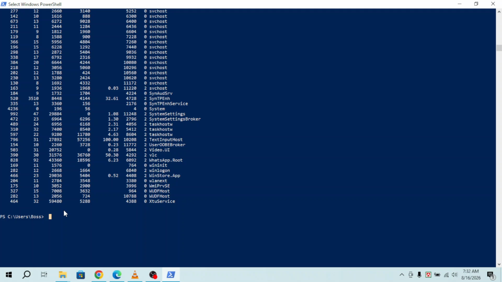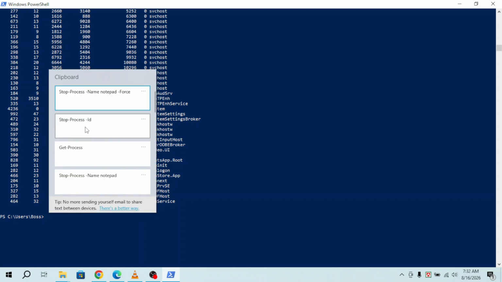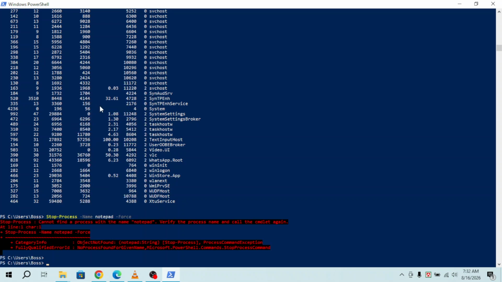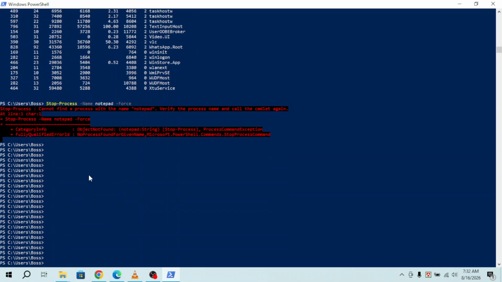If a process refuses to close normally, you can use the Force parameter. For example, Stop-Process -Name Notepad -Force. This forces the process to terminate. Use this carefully because unsaved work may be lost, and some system processes should never be stopped without knowing exactly